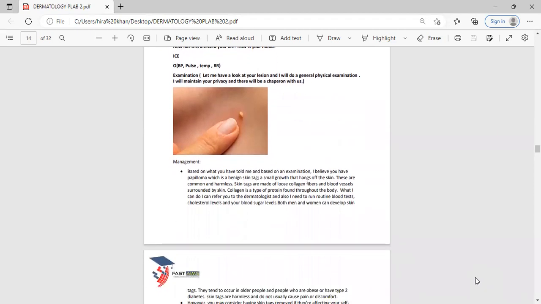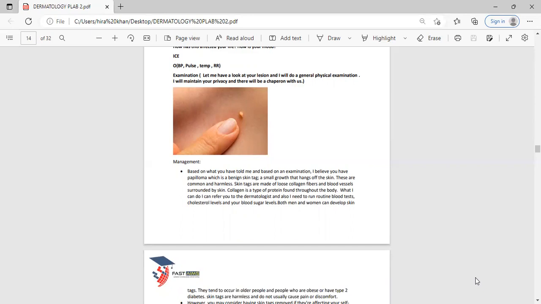So you have to use very simple words to explain the management. Based on what you have told me and based on the examination, I believe that you have a papilloma, which is basically a benign skin tag, a small growth that hangs off the skin. These are common and harmless, and skin tags are made up of loose collagen fibers and blood vessels surrounded by skin. And what I can do is refer you to the dermatologist, and also